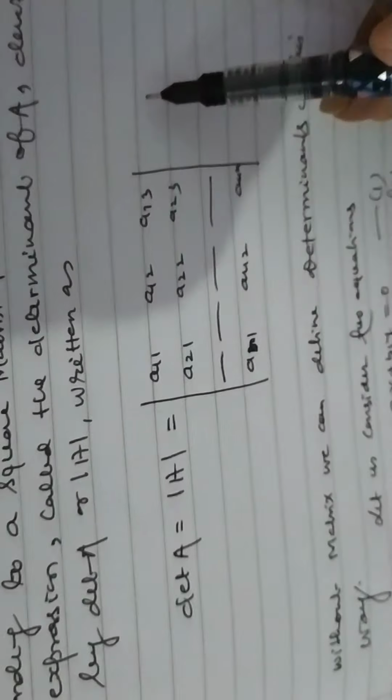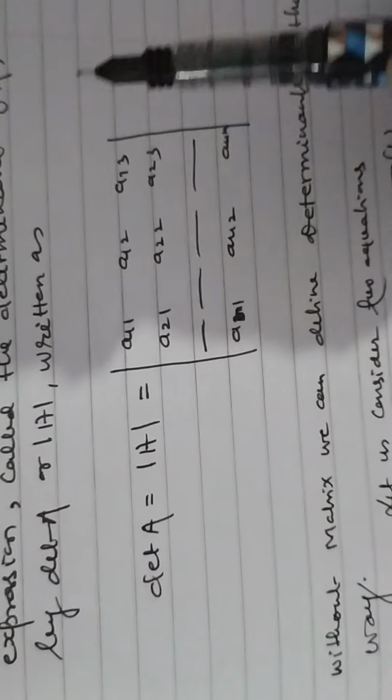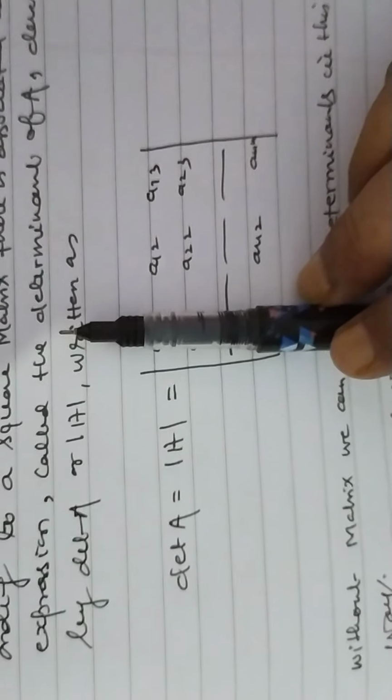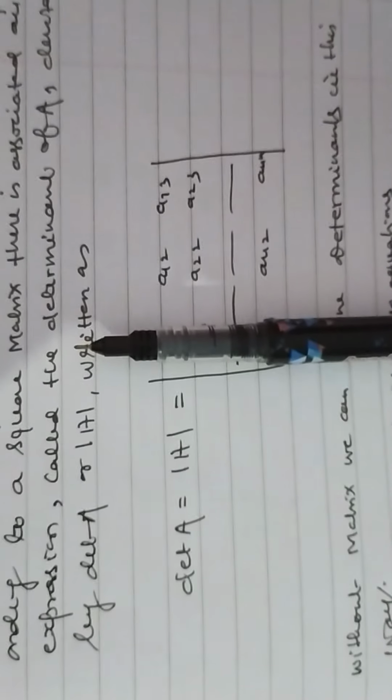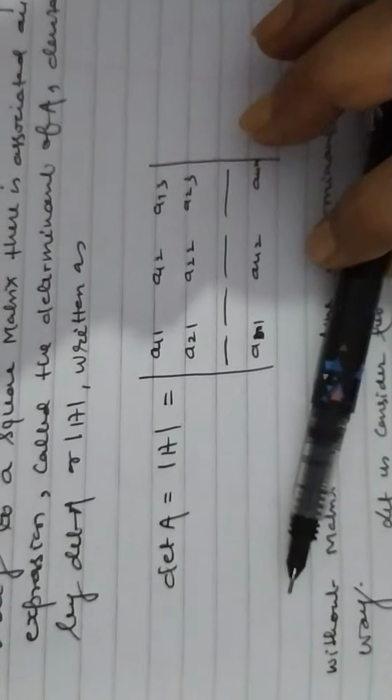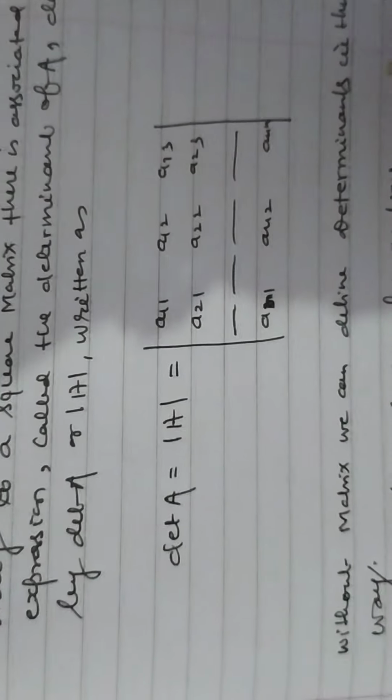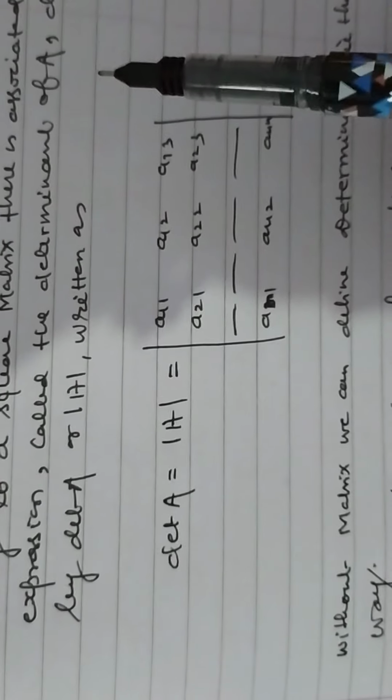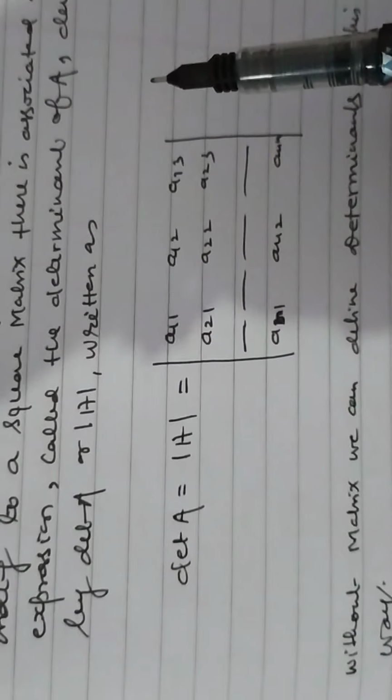So a determinant is a square matrix. The numbers which are parallel to the horizontal are known as a row, and those perpendicular to the horizontal are known as a column. So there are two important terms, row and column. If the number of rows and columns of a matrix are both equal, then it is known as a determinant.